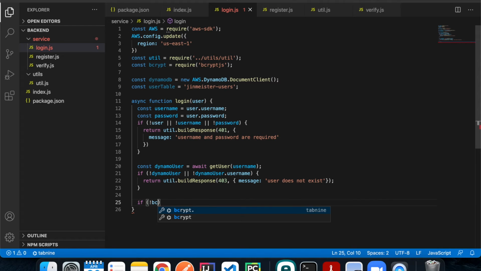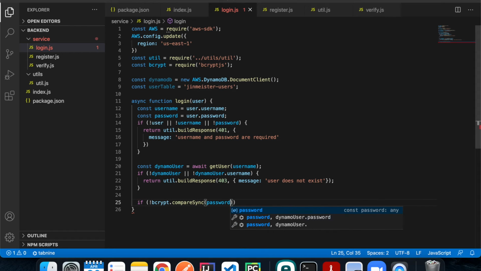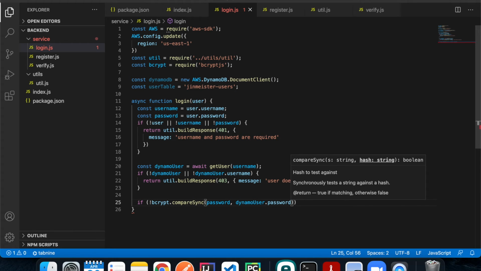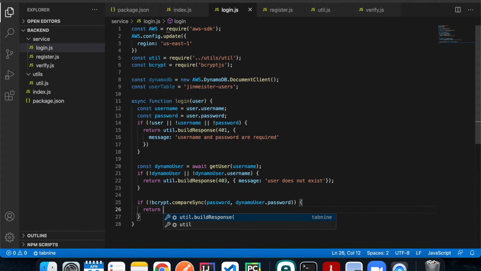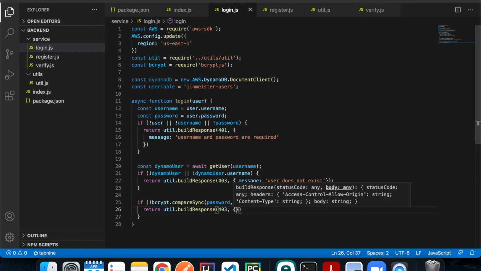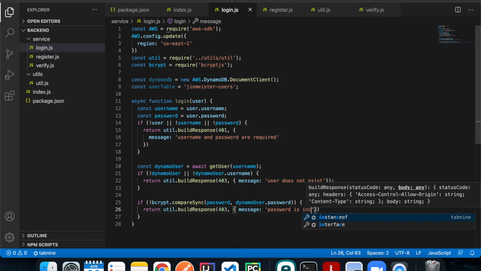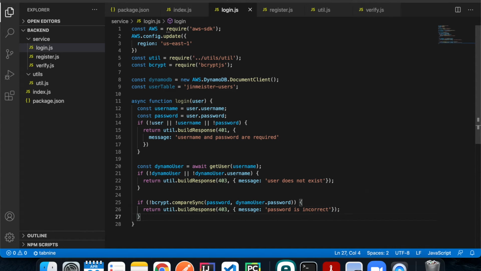So we're going to use bcrypt for that. Compare sync password with the password that's returned from the Dynamo item. If they don't match, we're going to return a 403 as well with a message that says password is incorrect. And if everything matches, we're going to define a user info object and return that to the user along with the access token. So we're going to do user info